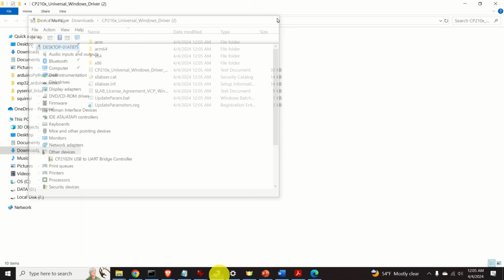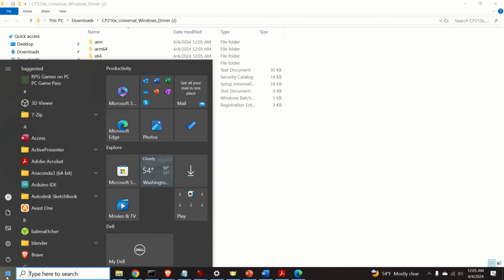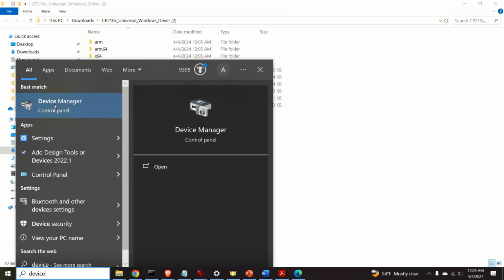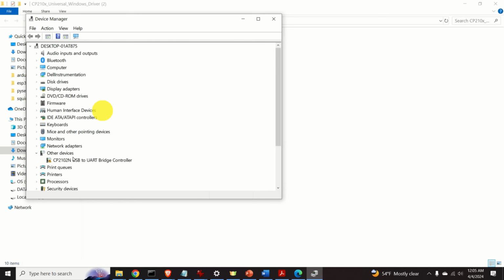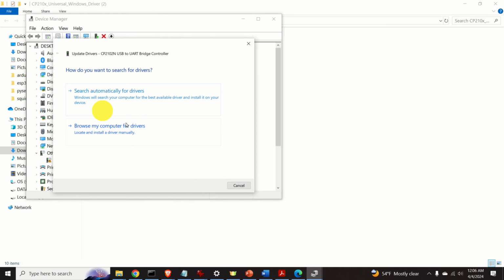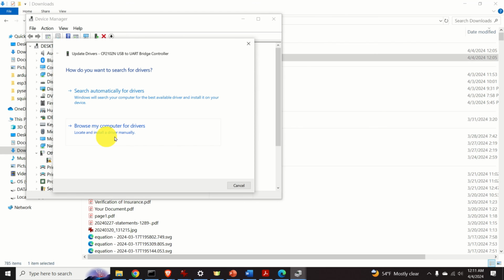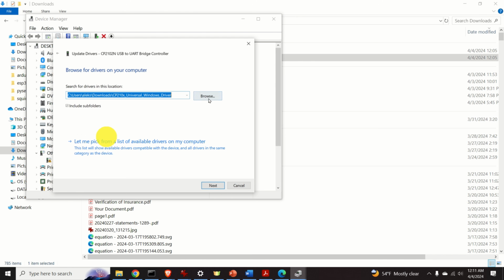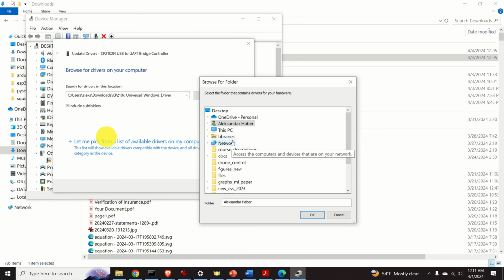Next, you need to open Device Manager. How do I open a Device Manager? Well, click on Start and type Device Manager, and over here, you'll see the device manager. Now, click over here, do the right click, click on Update Driver. Next, you need to click on Browse My Computer for Drivers, then click on Browse, and you need to locate